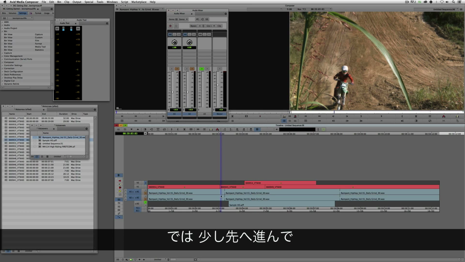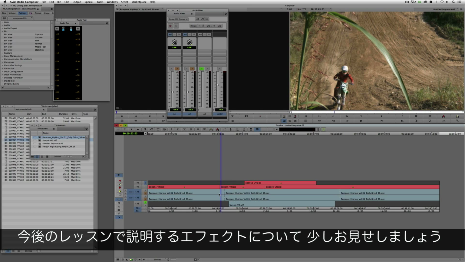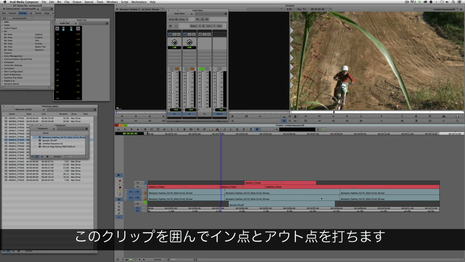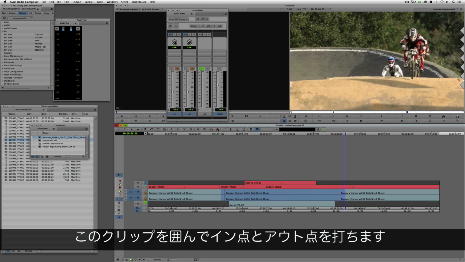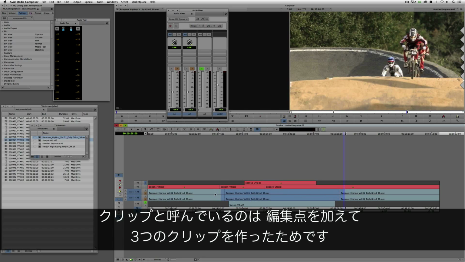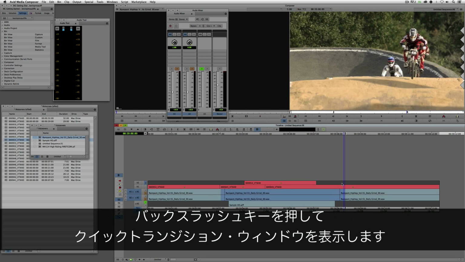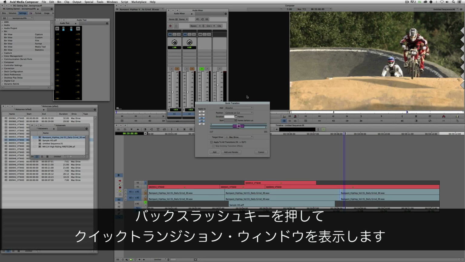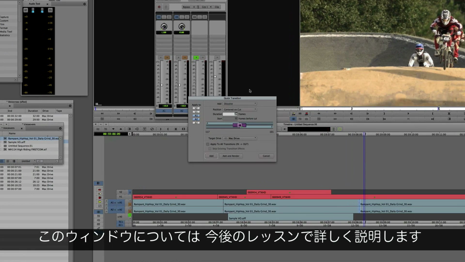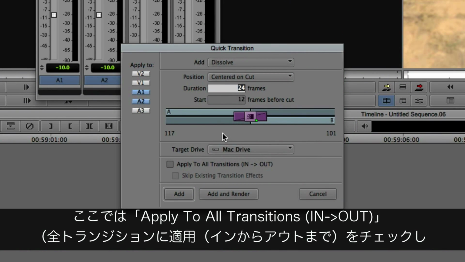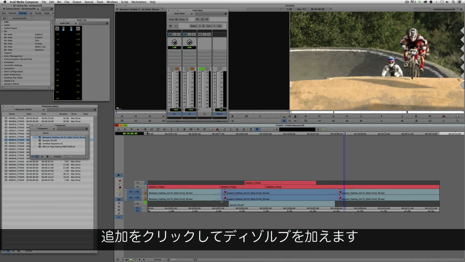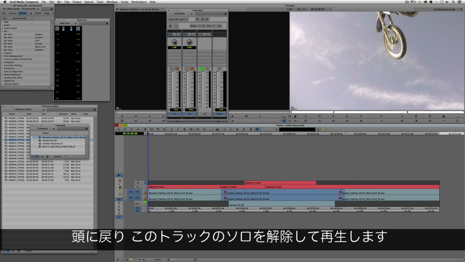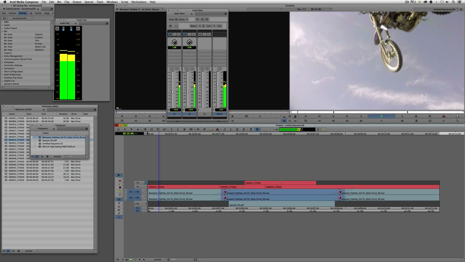And now I'm going to step ahead a little bit. We're actually going to give you a little bit of a preview of a lesson coming up about effects. What we're going to do is mark an in and out point around these clips here. Now I call them clips because essentially by adding the edit we've created 3 individual clips, and I'm going to hit the / key to call up the quick transition window. Now we're going to get more into this window in a later lesson, but for right now all I'm going to do is say apply to all transitions into out, and I'm going to add some dissolves in here. And what I have now, if I come back and I unsolo this channel and I hit play,